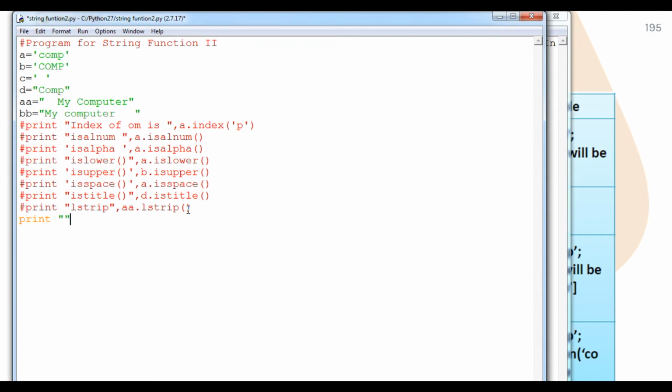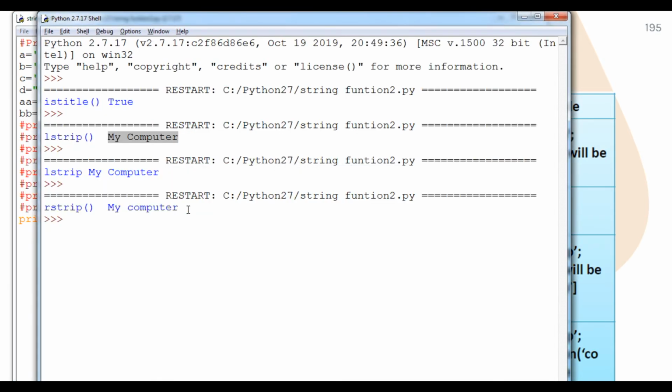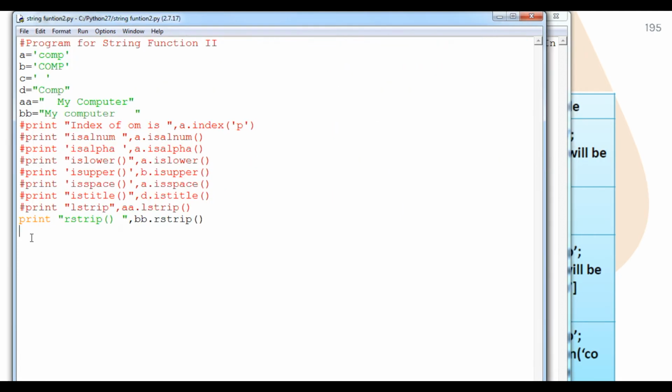In the place of rstrip, I am going to comment it out and use print rstrip. This is also a function, double B equals rstrip. We are going to see what will happen. After that, there is no space, student.